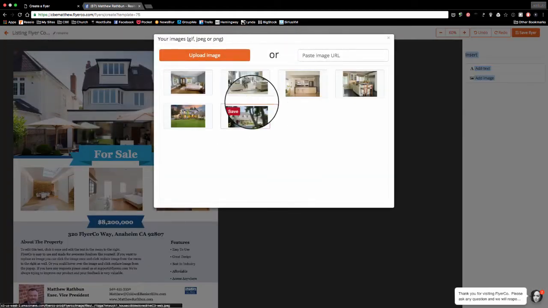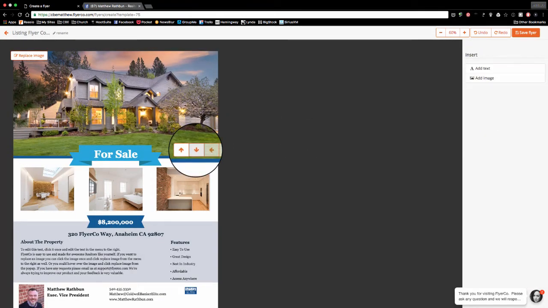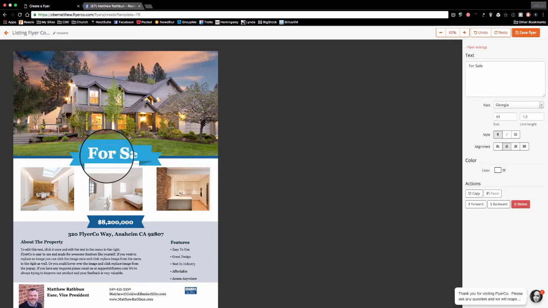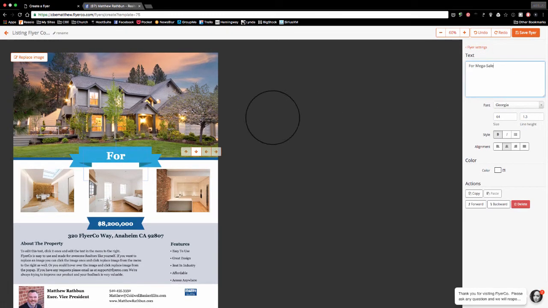I'm going to go replace image. And here I'm going to go pull the photo for the listing that's mine. And if I don't like its placement, I can adjust it a little bit using those arrows. It's for sale, but I don't really like "for sale" because everybody uses that. So I'm going to go to text. I'm going to highlight over here, and I'm going to put "for mega sale." Okay. And I don't like the Georgia font, so